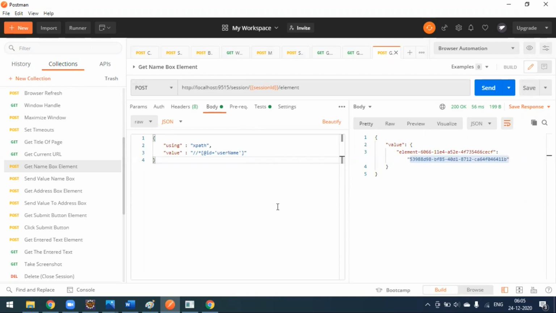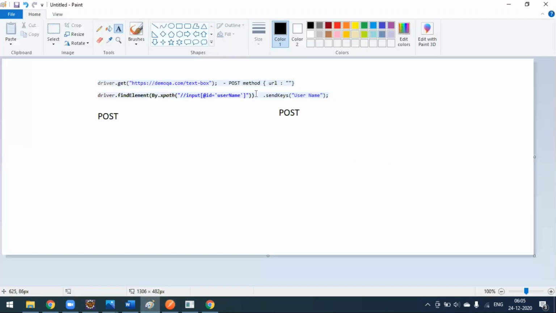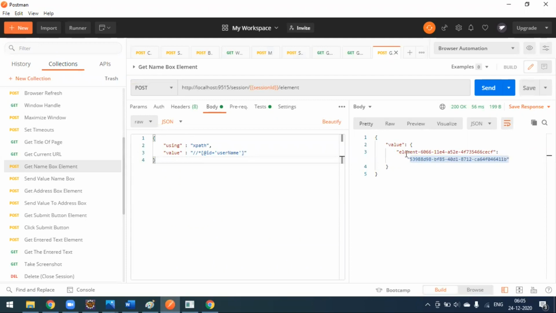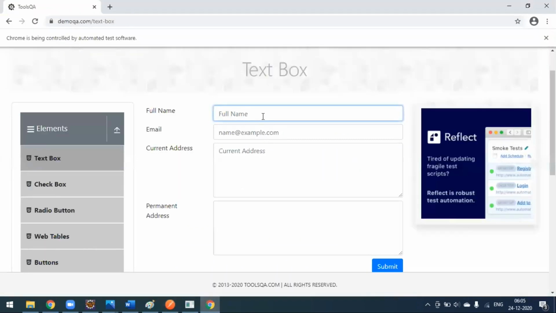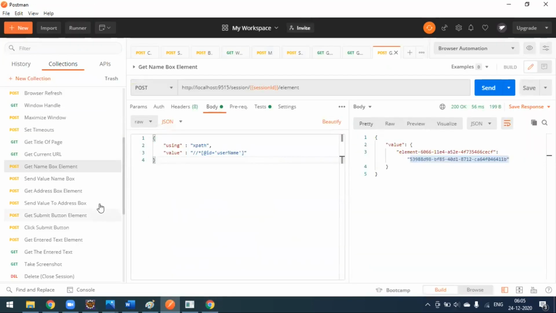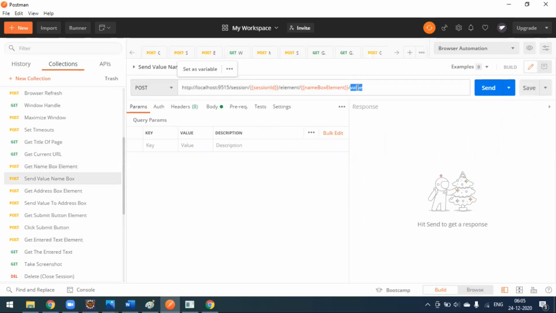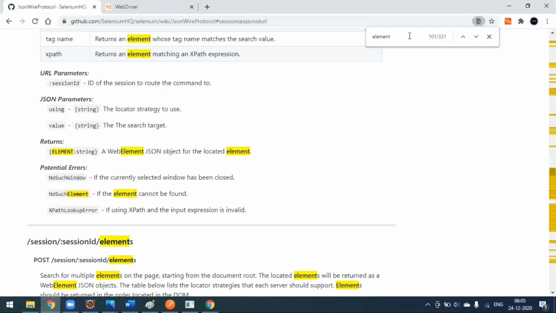So after this, what have we done so far? We have completed this line, driver dot find element. We have identified this element and we have taken that element string value. After that, we have to pass some text to this box. So for passing the text, we have to use this value method. So when you come to this value method,